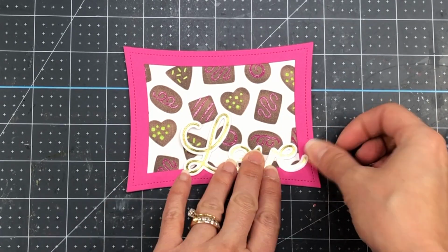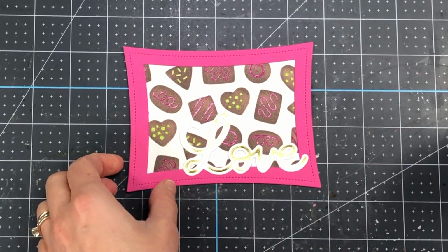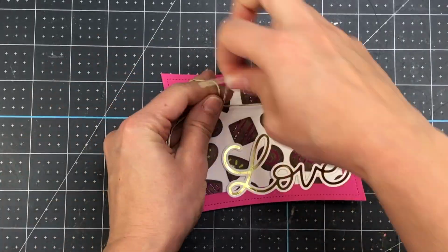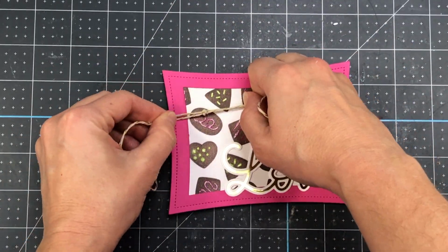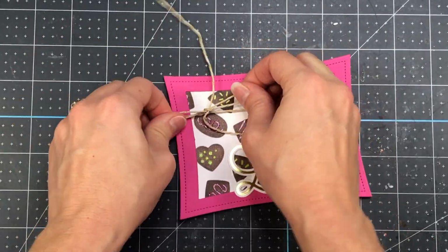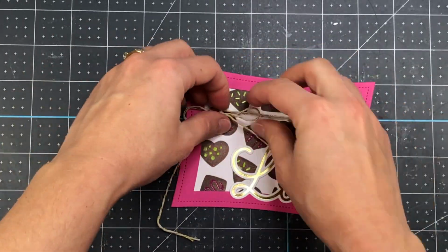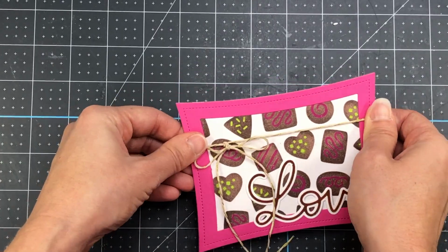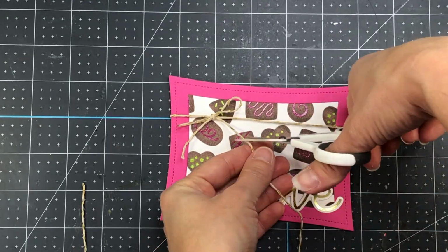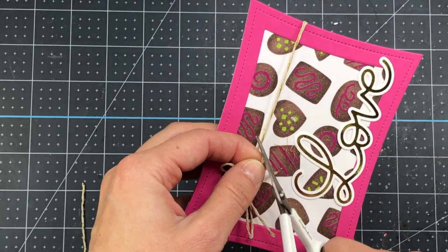So now I'm going to finish up this card. I'm going to put glue on the back of the word love. I'm going to add it to the front of my card. And then I'm going to go in my stash and get a piece of twine. This twine has some gold accents within it, so it's really going to bring out the gold in that hot foil love. I'm going to tie that twine around this shape, tie it in a bow, because I think that this is really going to make it look like that candy box look with the bow on the front of it. So I'm just going to snip off the edges here,